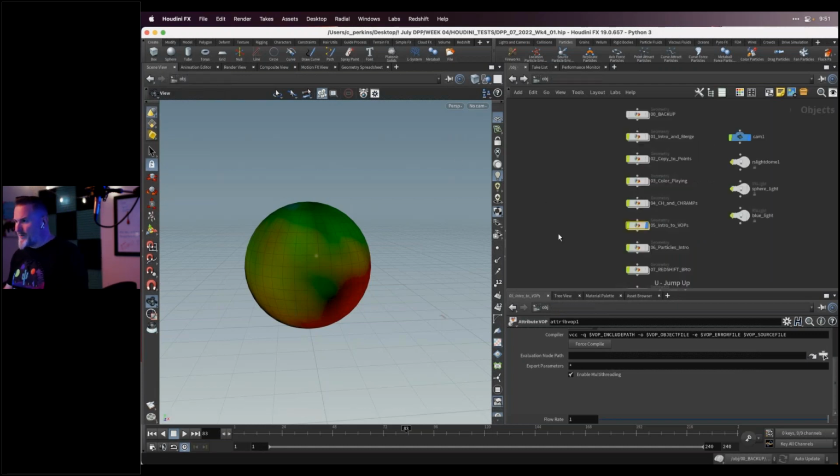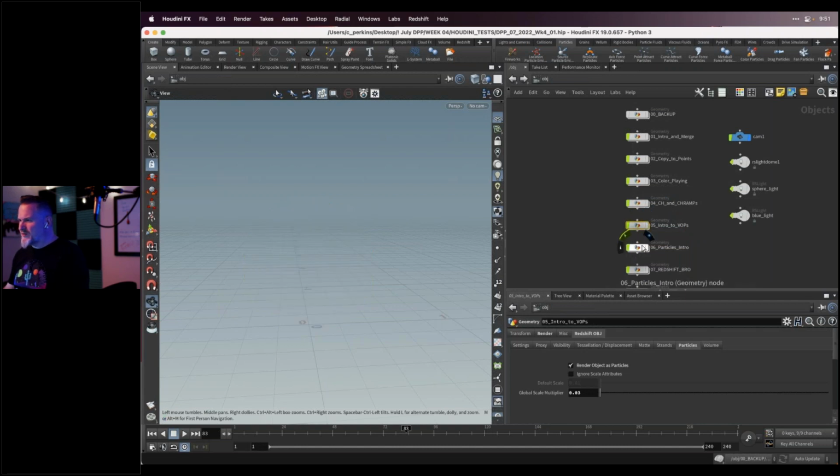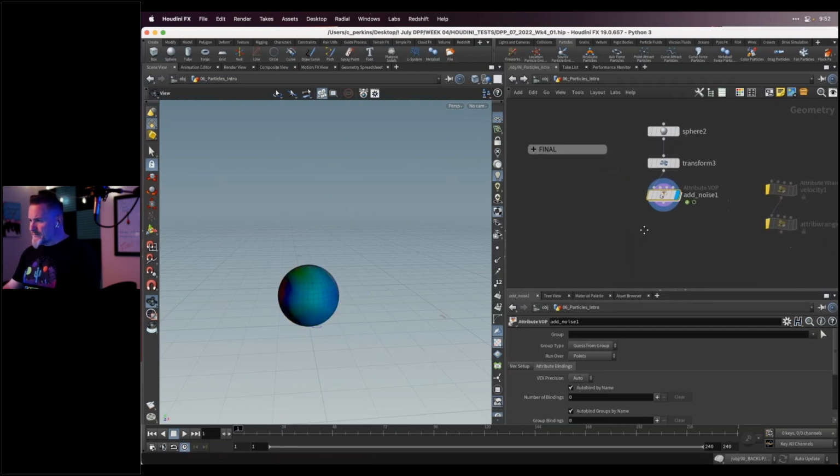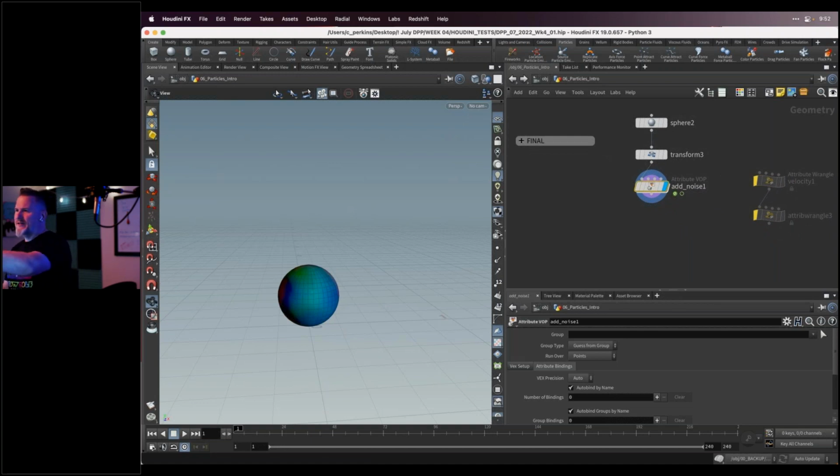Okay, so let's go up and let's go into the particles intro. And so here we have like a finished version of this noise thing that I made. And now what we want to do is add a new network, yet another network. But all the magic that we have with particles and simulations happens in something called the dynamics context, the dynamic environment, the dynamic network.